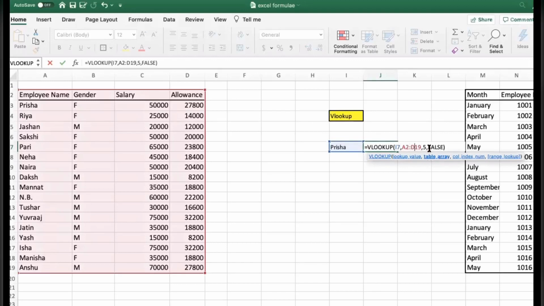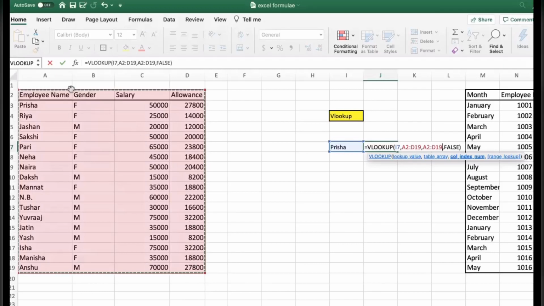All right. The next one is the table array, the table. Now your column number also changes. It will also vary because you have shifted the whole table. Now what will the salary column be? You can see over here there are 18R, and I will do it one more time. Can you see 18R 4C? From here also you can get the idea that in the table there are 18 rows and 4 columns.